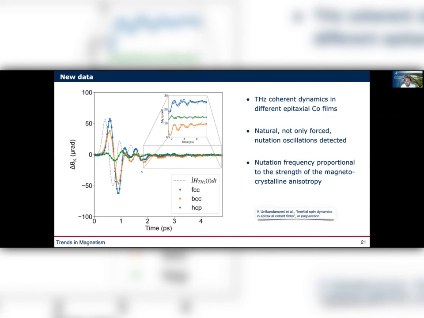And indeed, to a great surprise, it's surprising that we could actually see it. I wouldn't say it was easy because it's small, but after the terahertz pulse arrives, this is the forced coherent broadband response. If you zoom into the trace, and we also did this with frequency analysis, you actually see tiny oscillations here. And the cool thing is that those are the natural oscillations. So we could fit the damping directly from here because we don't have a forced oscillator. We don't have to assume the Gilbert FMR damping.